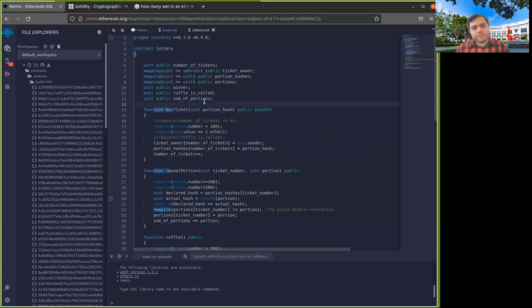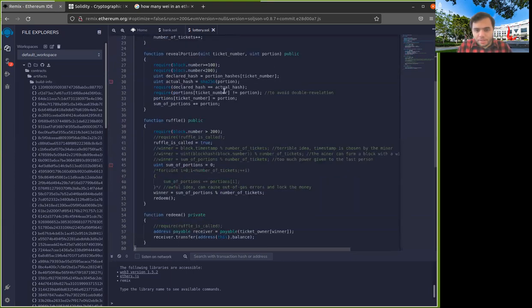Now, after all of these modifications, we get to a point where it really makes sense for everyone to reveal, and everyone is incentivized to definitely reveal in every case. But we had to add a lot of constraints. So one constraint that we had to add, for example, was that we have to now limit the number of tickets, because I want everyone to put down a deposit that is worth more than the value of all the tickets combined. So I have to know what is the maximum number of tickets that I'm willing to sell.